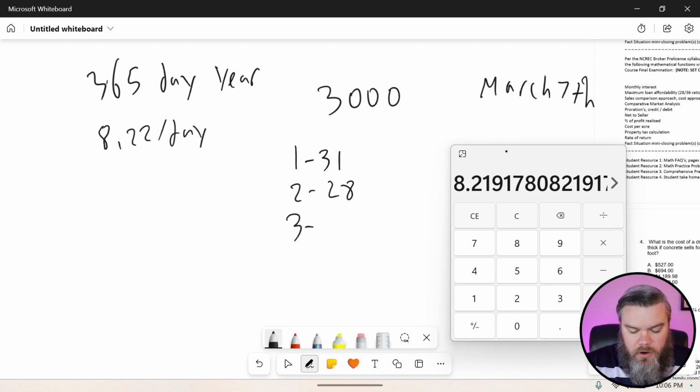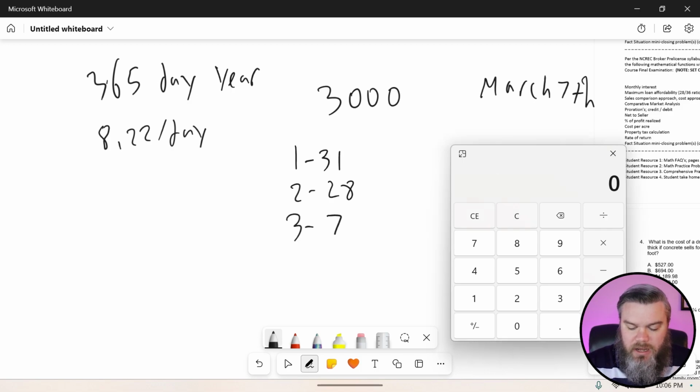And then in March, still just only giving them 7 days. So now the seller would be responsible for 31 plus 28 plus 7. So that's really the difference between the 360-day year that we use in pre-licensing for standardized testing, but of course, as I said, you could see 365 in there as well. So now it is 66 days the seller's responsible for, times the per diem of 822, which would give us